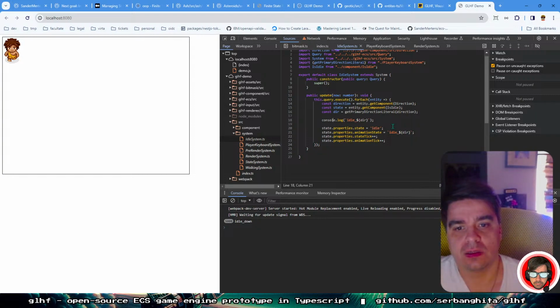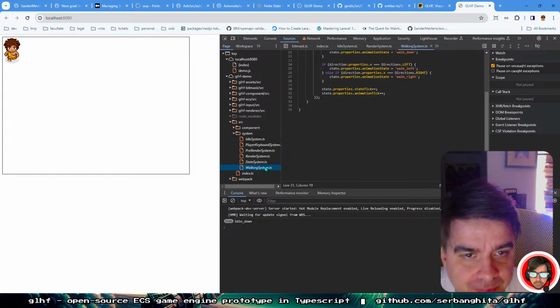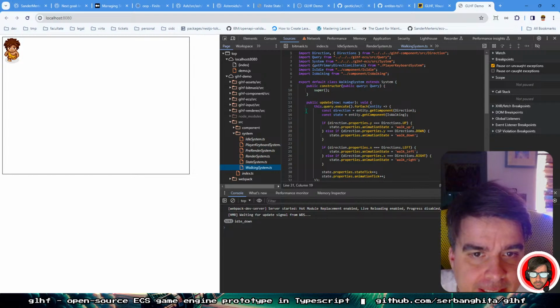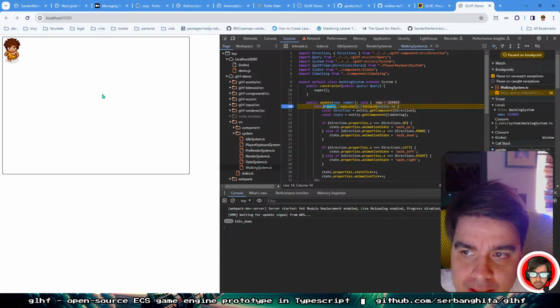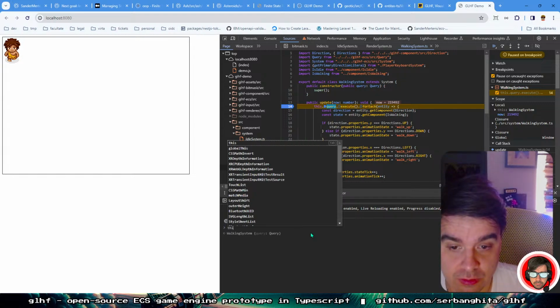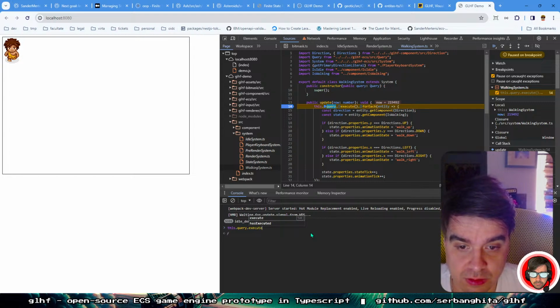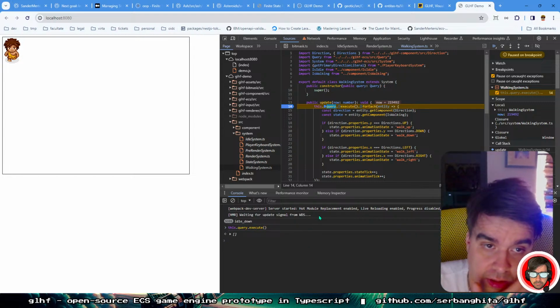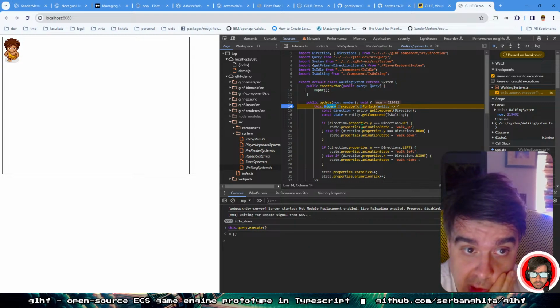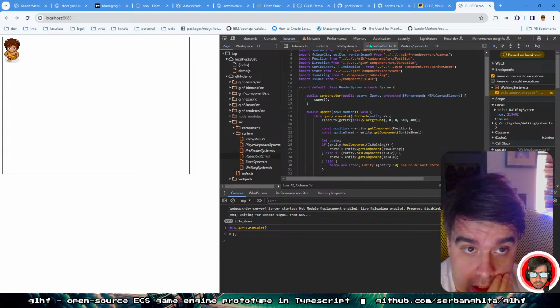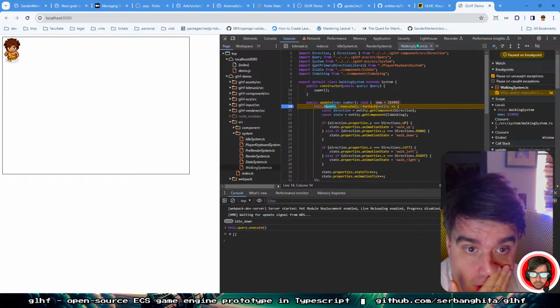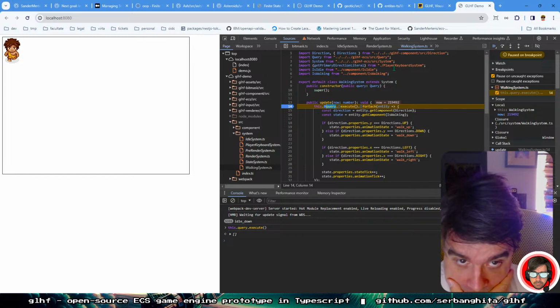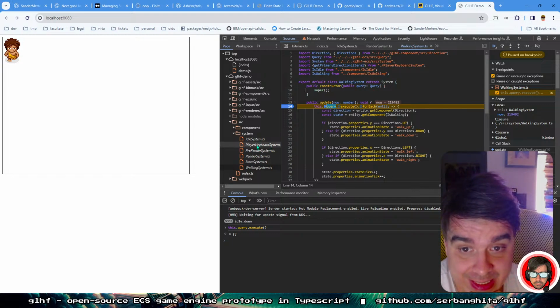But we want it to go to the walking system. And it went to the walking system. And now if we go to this query execute, the problem is that we have zero entities on the walking system, because